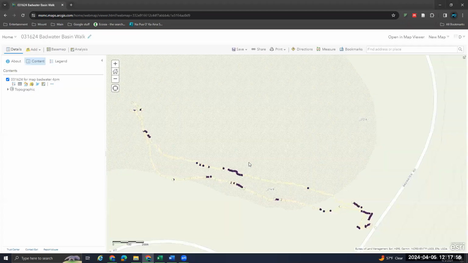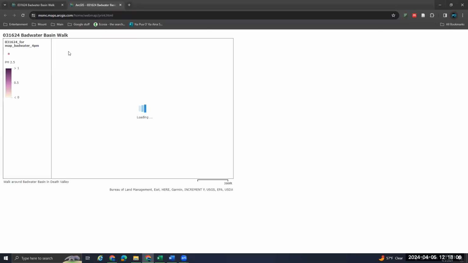Click save map. You can probably take a screenshot of this part. However, you can also click print up here. You can click map legend. It'll open you up a new tab with your legend, your title, so